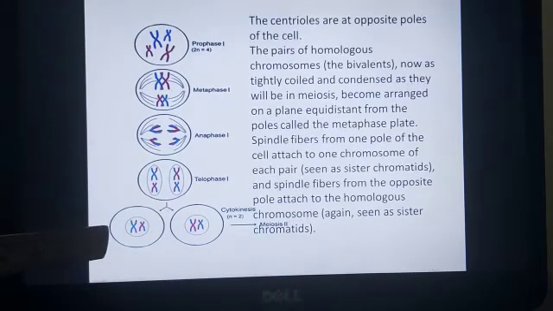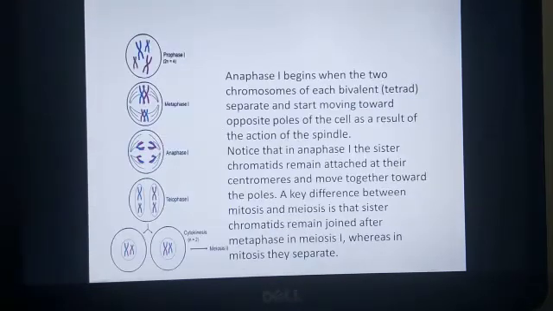Now let us see what is going to happen in meiosis 2. Meiosis 2 is exactly the same as mitosis. In what way is it the same as mitosis? In mitosis, each cell divides into two cells. So after meiosis 1 you have 2 cells, so altogether you are going to get 4 cells. The chromosomal number has already halved in meiosis 1. In meiosis 2, the same number of chromosomes is going to be maintained. So in that way, meiosis 2 is the same as mitosis cell division.